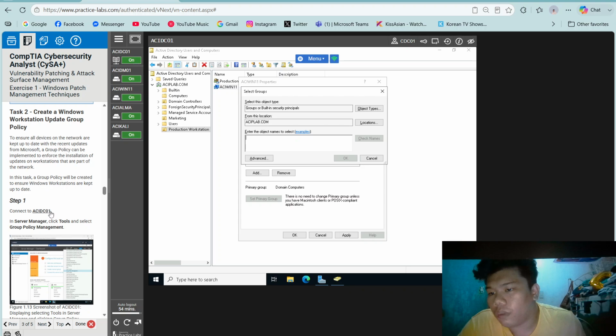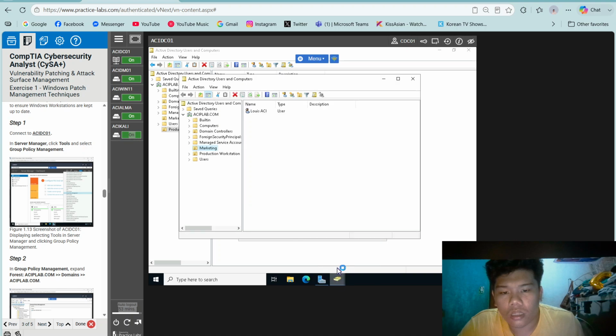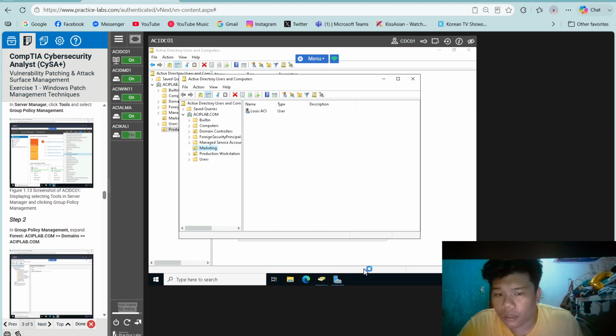Connect to ACI DC01, select Server Manager, then click Tools, then select Group Policy Management.